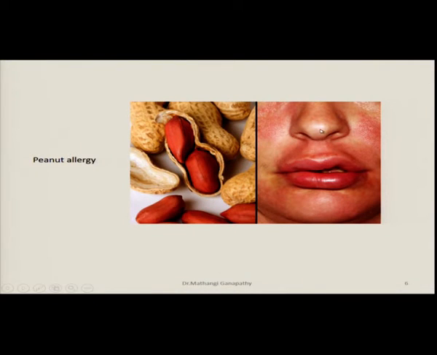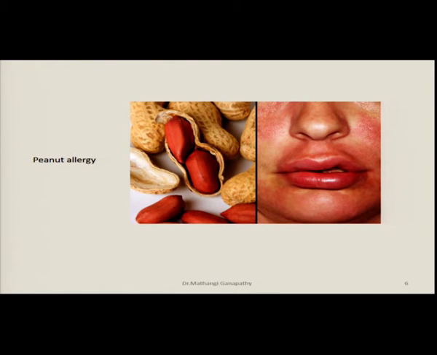This picture shows a person who is allergic to peanut. See the pink colored rashes on the face and the swollen portion in the mouth parts. When you are allergic to peanut, even if your food product contains a minute amount of a paste or any product related to peanut, it will immediately trigger allergic reactions. That is where the labeling of the food becomes very important, saying that this product contains peanut, or this product contains gluten. That composition tells people that if you are allergic to this, you cannot consume this particular product.